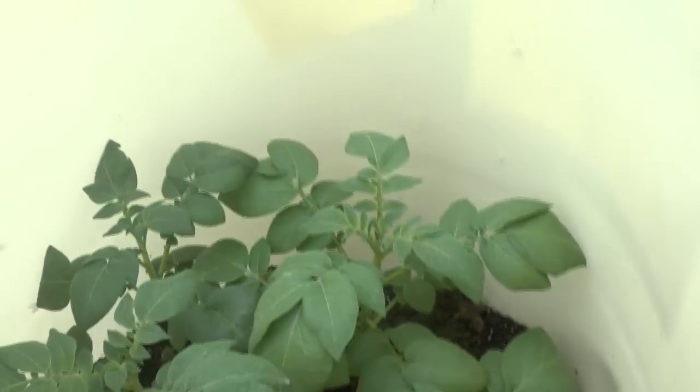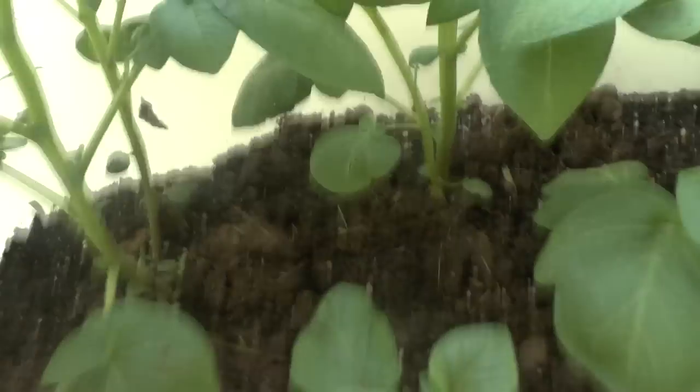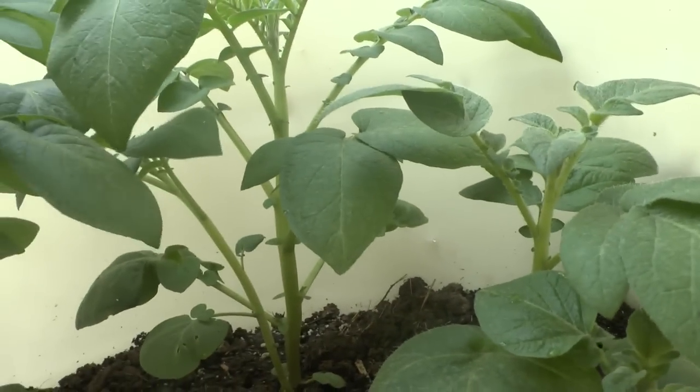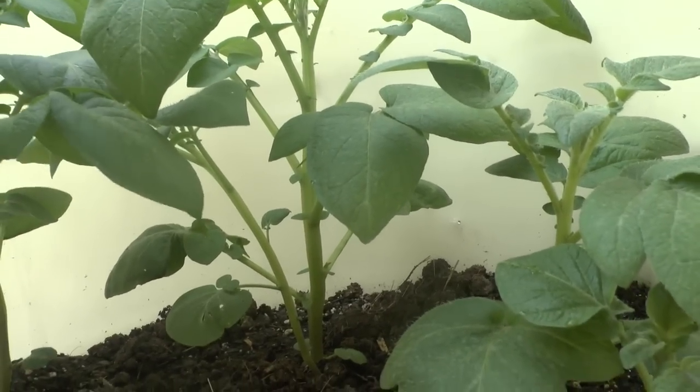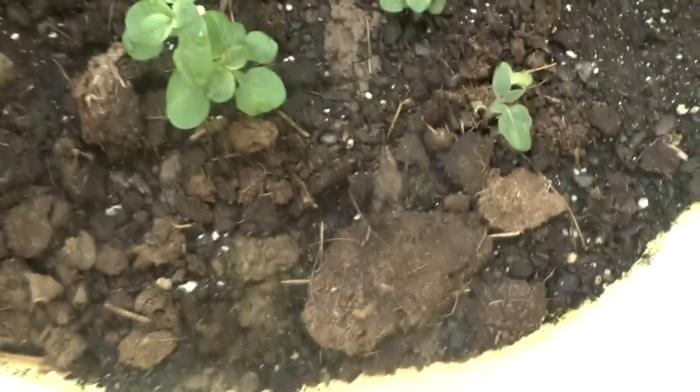What happened was we had a week of really warm weather, and these back here sprouted. And then we had like 2 weeks of cool weather right after it, and so the germination stopped. And then after that, the warm weather came back and these sprouted. So these have a good 2-week head start on these, but they're doing well, and I'm actually about to have